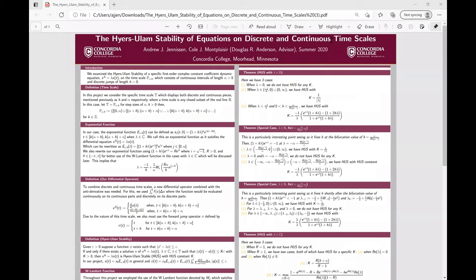Moving on to our definition of what a timescale actually is. In this project, we considered a specific timescale T, which displays both the discrete and continuous pieces of our project, mentioned previously as h and alpha, respectively, where the timescale is a closed subset of the real line R. In this case, let T equal P sub alpha h for step sizes of alpha and h, assuming they're greater than 0. Then our function P sub alpha h is equal to [0, alpha], and then union with [alpha